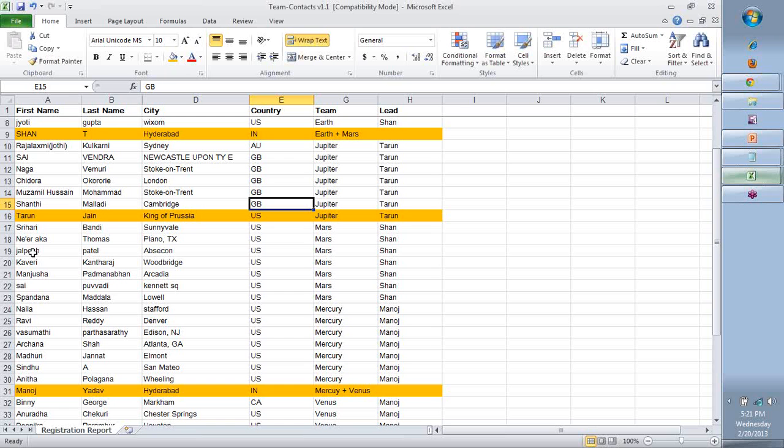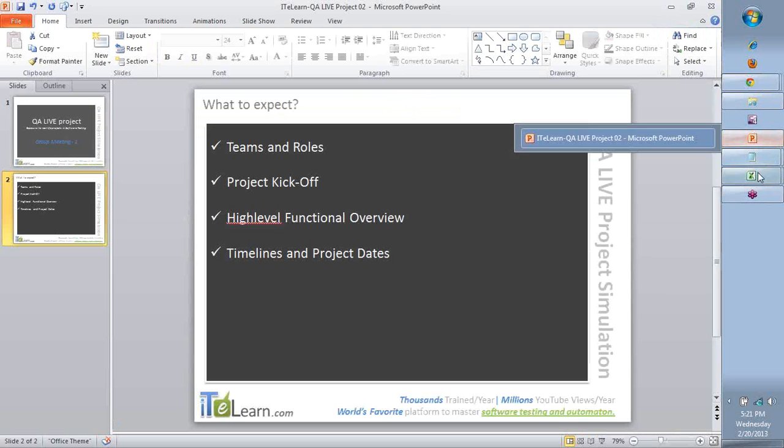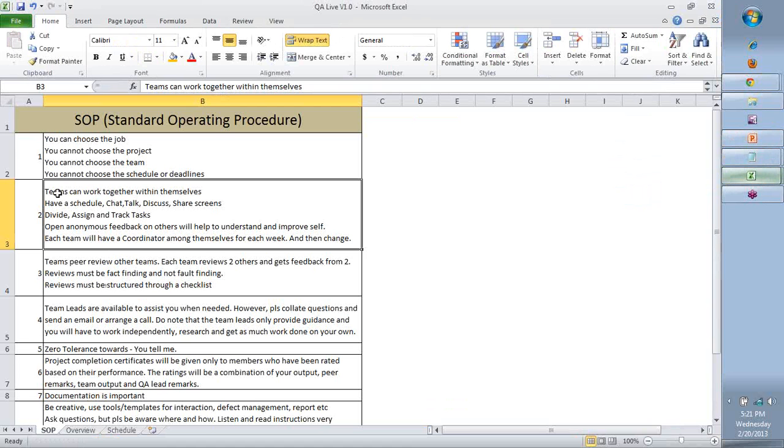I understand, but try and stick with a specific plan. If the plan does not say it is my mistake, we will need to make the plan better. And when I say plan, it is the standard operating procedures that I'm trying to refer to here. Okay. So teams, you're going to work together with each of you.